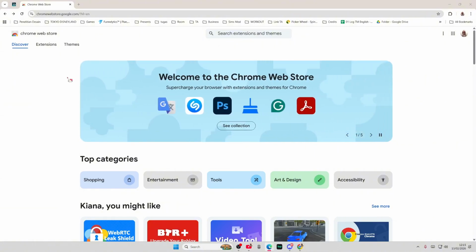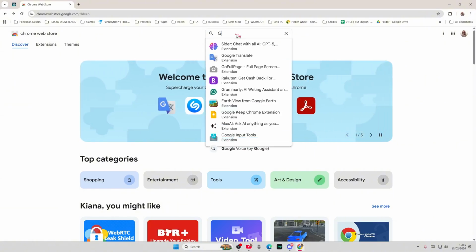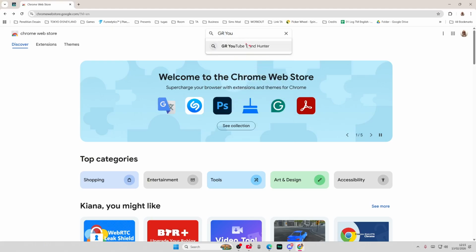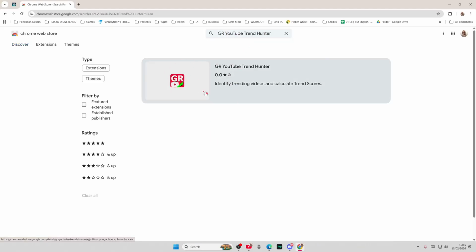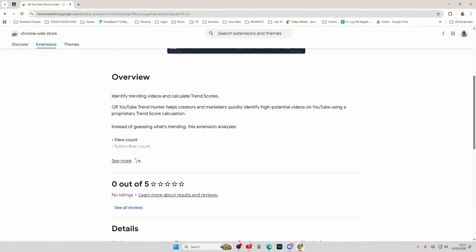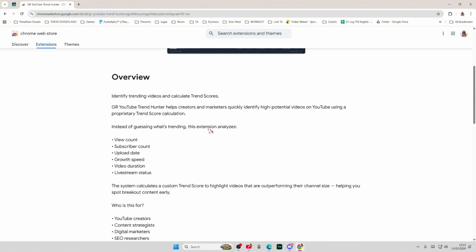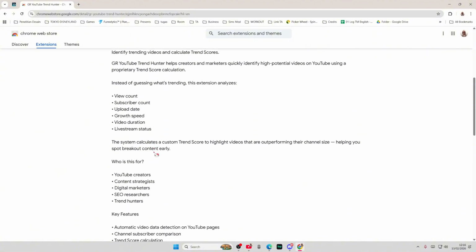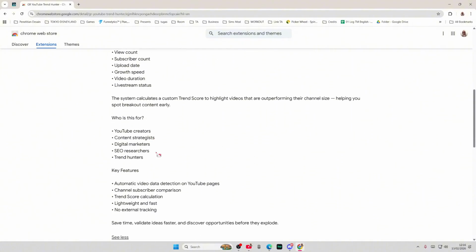So go to the Chrome web store and search GR YouTube Trend Hunter. Select this one. And basically, this extension analyzes your view count, subscriber count, upload date, growth speed, video duration, and live stream status. This extension is basically for YouTube creators, content strategists, marketers, researchers, etc. And its key features are